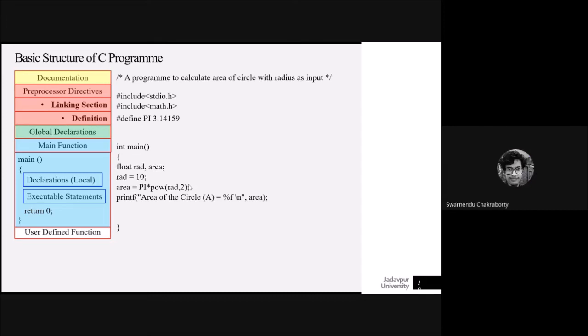Sir, one more thing. If I hadn't used the math.h header file, I would have done this instead, right? I mean, R into R. You could have done it. Yes, you can do it. That is all quite possible. Just to show you the various scopes, I have done it like this. Remember, there is no single unique way of doing a program. There are multiple, different ways you can do it, so it's up to you.